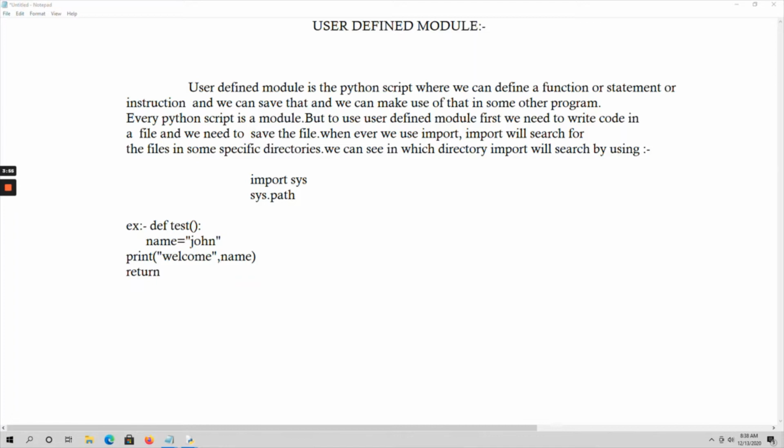Next, coming to user defined modules. What is meant by a user defined module? Every module in Python is a Python script, that means some Python code.